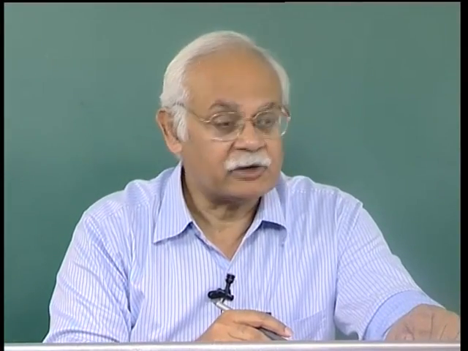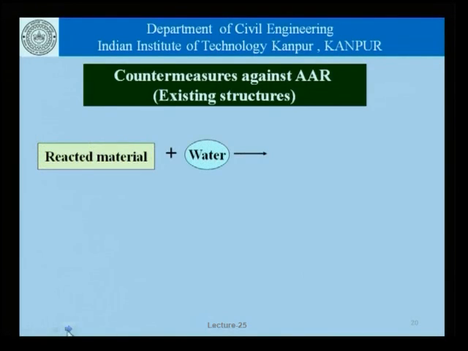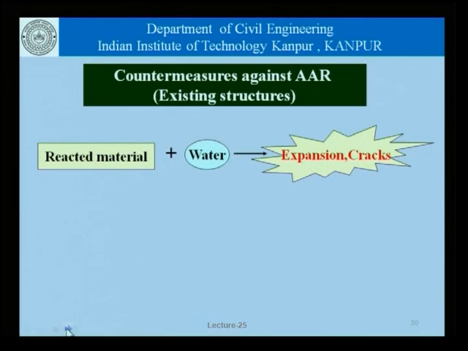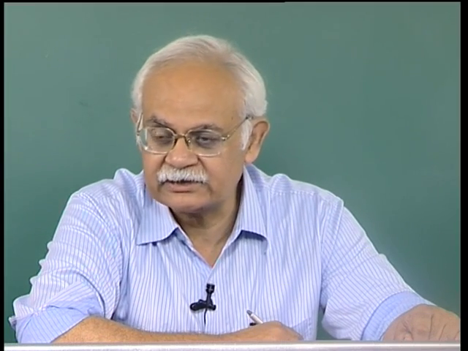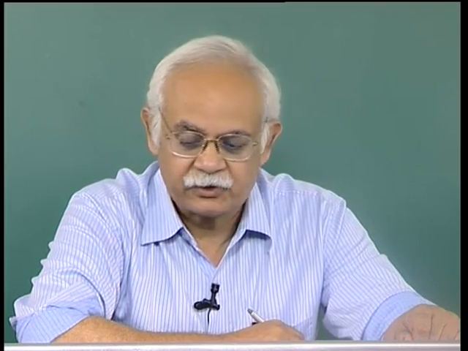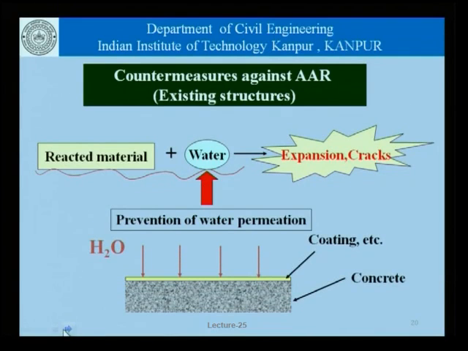Now coming to the countermeasures against alkali aggregate reaction in existing structures, all that we can do is to try and control this part, because the reacted material is already within the concrete. The potential to form reacted material is already within the concrete. We cannot change the aggregates there, we cannot remove the alkali within the concrete, and therefore all that we can do is prevent water permeation, and that we can try to do by applying a coating on the concrete surface,